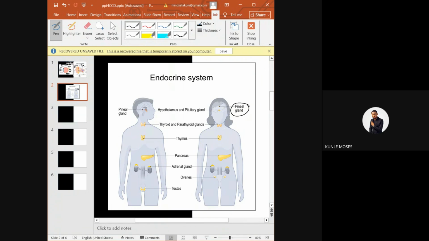Another one is the thyroid gland and the parathyroid gland. The thyroid gland is located in the neck. Same thing with the parathyroid gland. What it does is that it controls metabolism. Metabolism simply means all the metabolic activities, all the biochemical activity, how fast the body uses energy, all those carbohydrates that you are taking in, the conversion. You can store much glucose in the form of glycogen in your liver. We call it hepatic glycogen when it is in your liver.